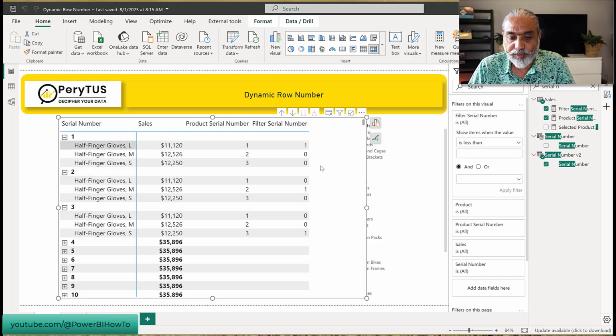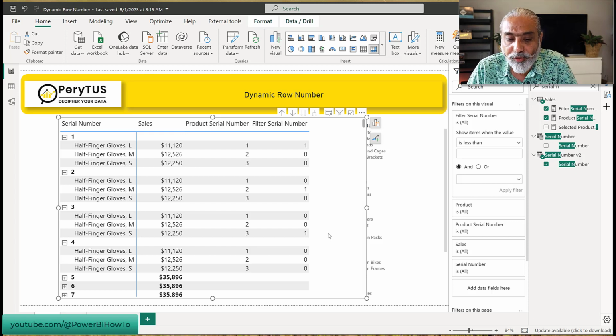Now that's easy to explain here. In this case the first product is a true value, in this case the second is a true value, in this case the third. But again, this is getting repeated, and everywhere else it will be false. If you can see under 4, 5, 6, 7, it's all 0. Now we can easily filter on this particular measure. We say visual level filter, filter serial number is equal to 1, show only those products, and that will solve the problem. So I'm going to remove these measures from here,